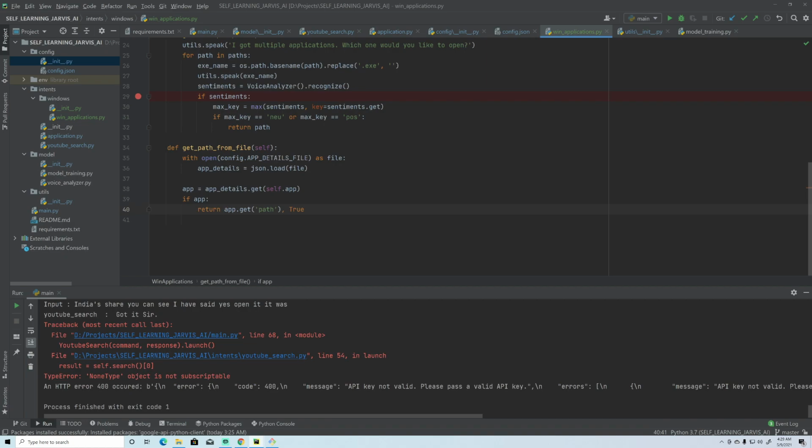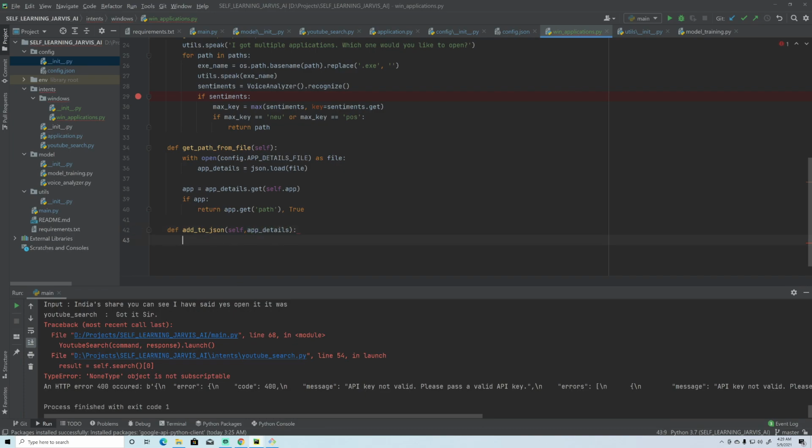Now to get the values from that particular file, we need to add some paths to that file, right? So how can we add the launched app name to that file? For that also, def add to JSON, and here we will give the app details.